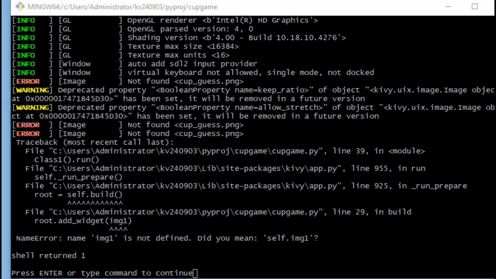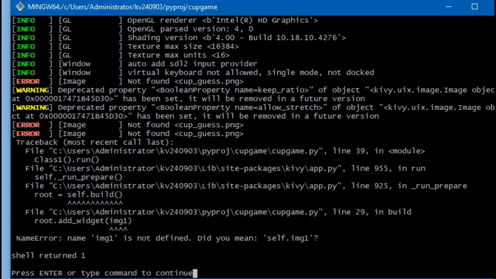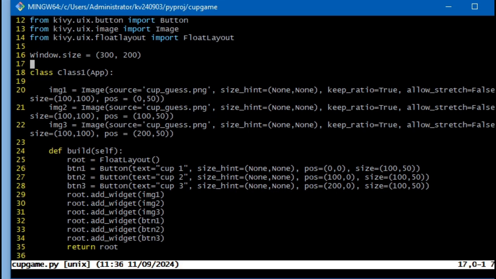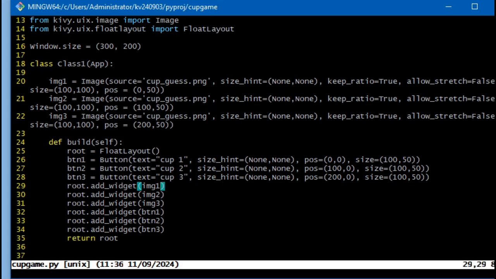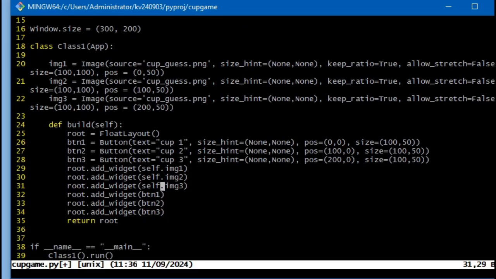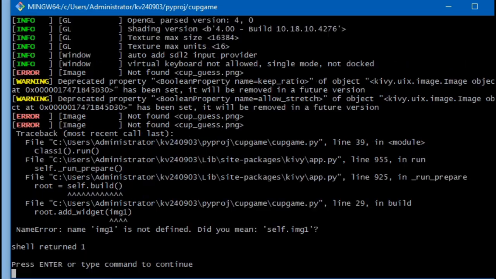So now we have this error message here. It says that the image 1 is not defined. Okay, so I think the reason is that because these are declared at the class level, they need to be preceded by the actual reference to the self, like that. As regards buttons, they were created, instantiated within the actual function level, but because the images are at the class level, they need to be referred to using the self keyword. So if I just save that and rerun it like that,